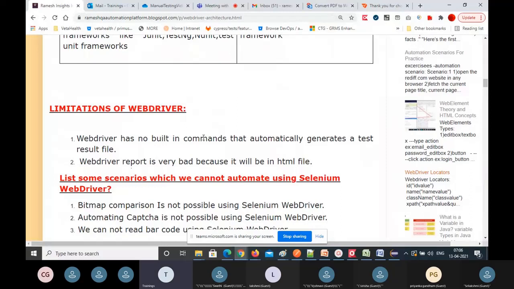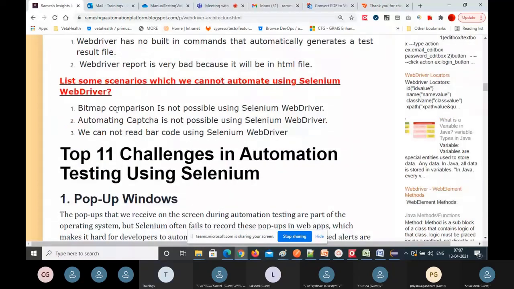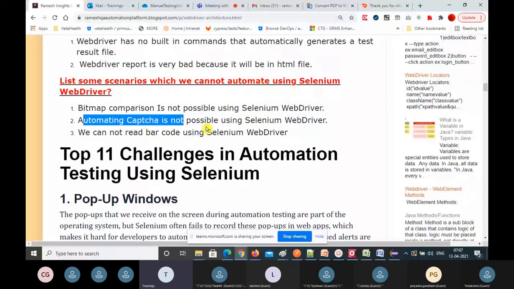And another thing is, there are some limitations with the Selenium code. In Selenium, you cannot automate everything. So what are those limitations? Bitmap comparison is not possible using Selenium. Automating CAPTCHA, I don't know how many of you are aware of CAPTCHA, this CAPTCHA automation is not possible.